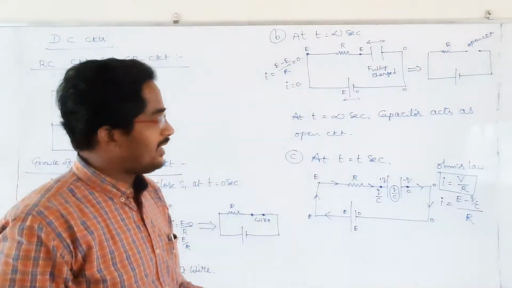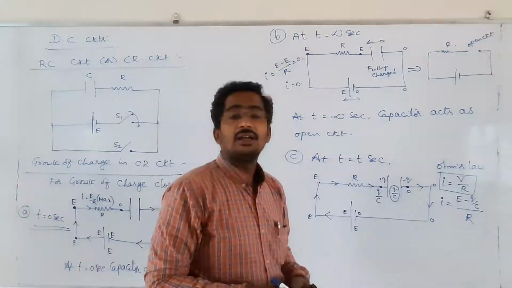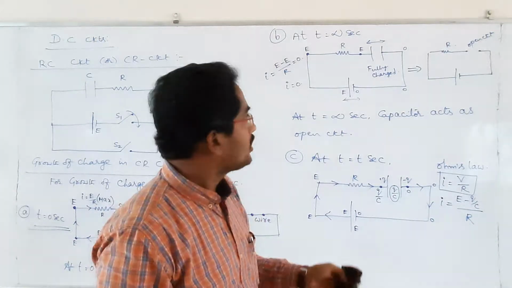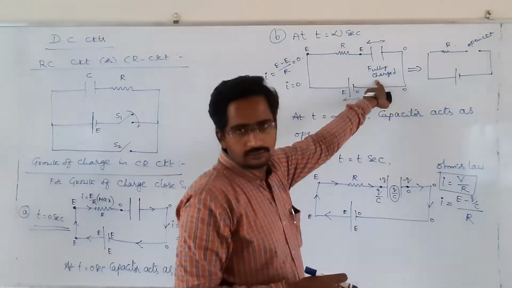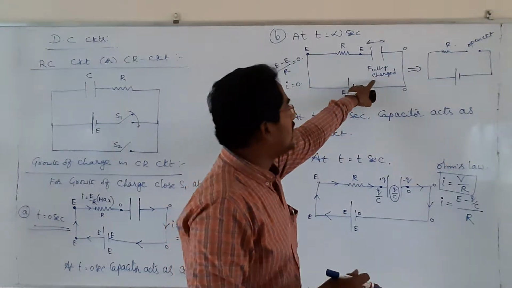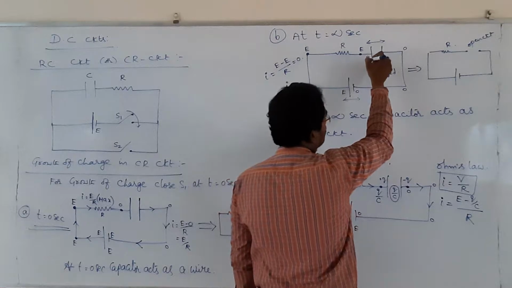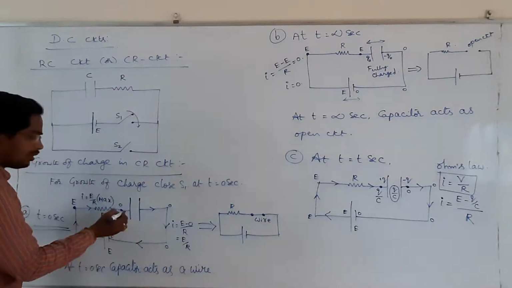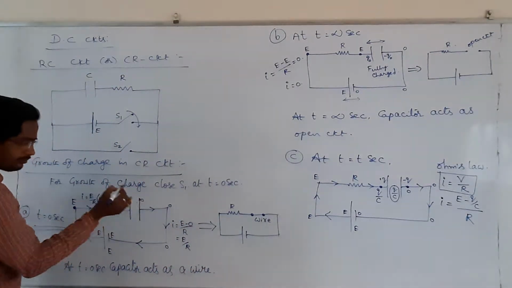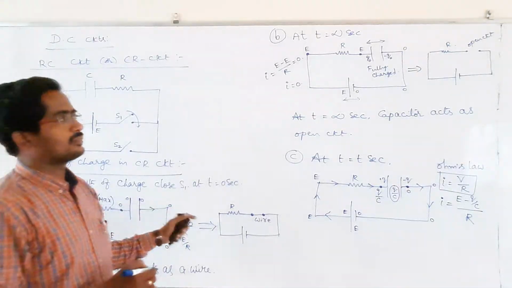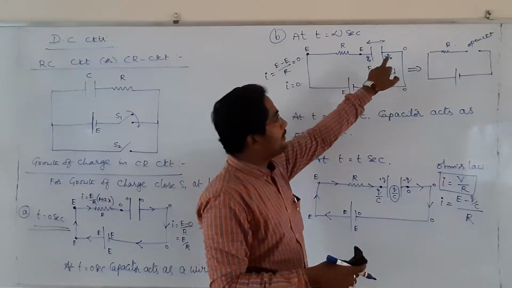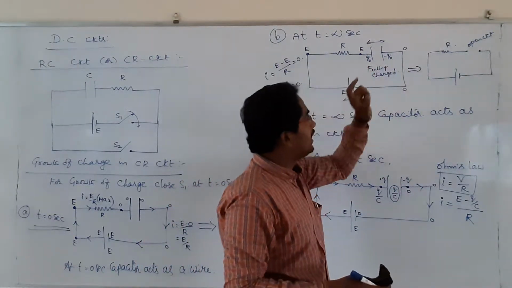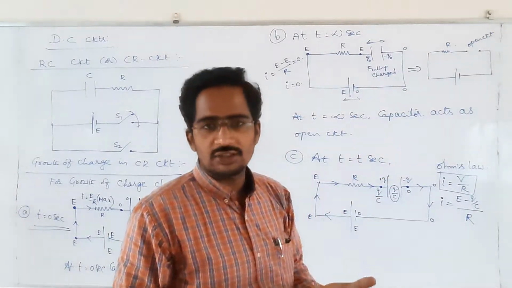Now I would like to get the charge value. This is Q. That Q value I want to get now, the Q value on the plate. You know guys, here it is fully charged. At the time of fully charged, the charge stored here is Q naught, minus Q naught. Initially, what is the charge stored here? 0, 0, as I already told you. Finally, what is the charge stored? Maximum. How much charge is stored at maximum? That is Q naught. Q naught is the final charge stored on the capacitor.